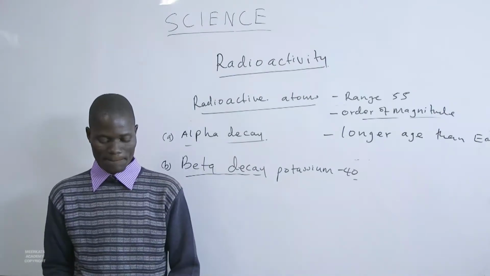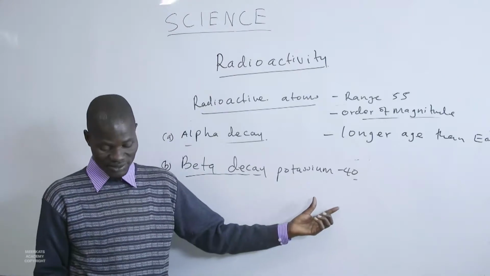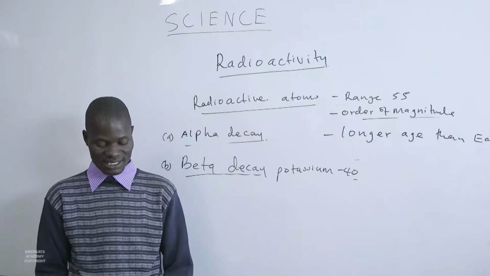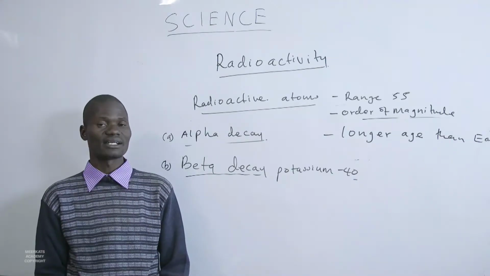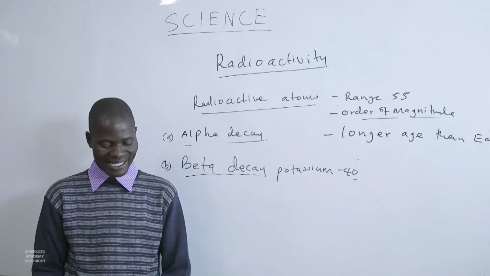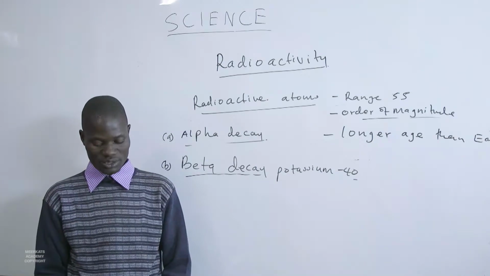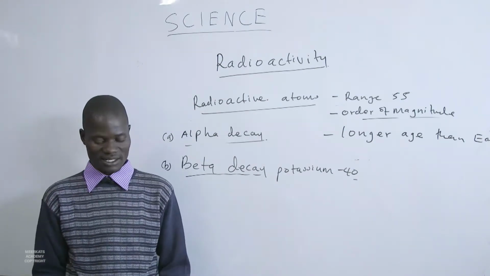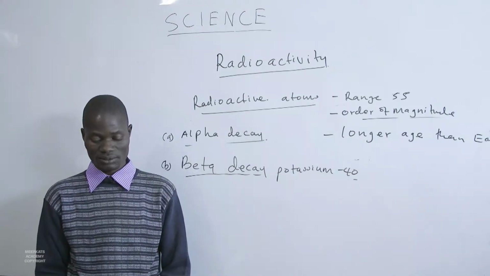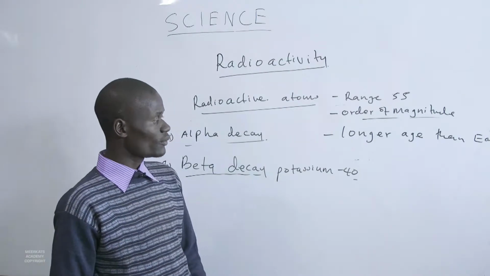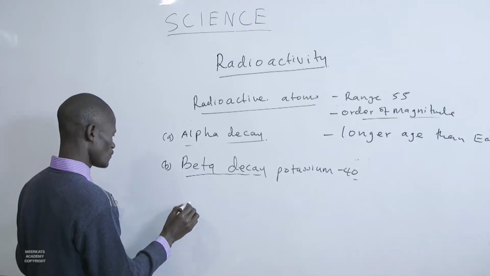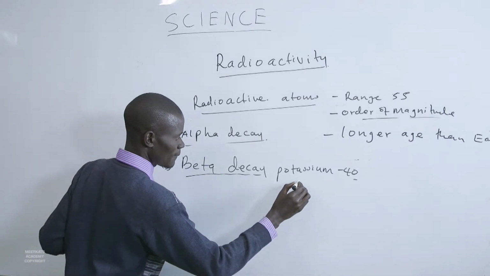The beta particle here has a greater range of penetration than that of alpha, but still it is much lesser than the gamma rays. For example, when we bring them to the scale,